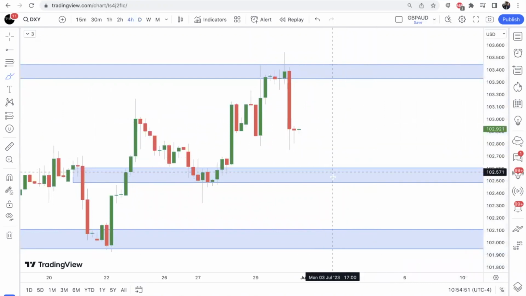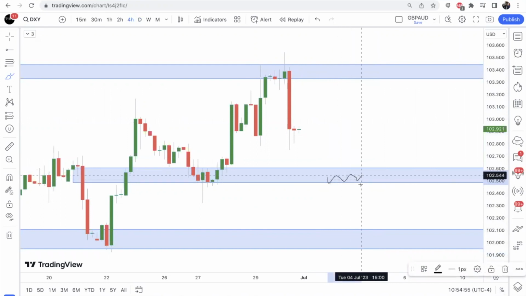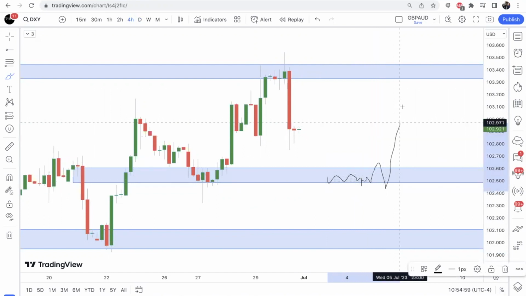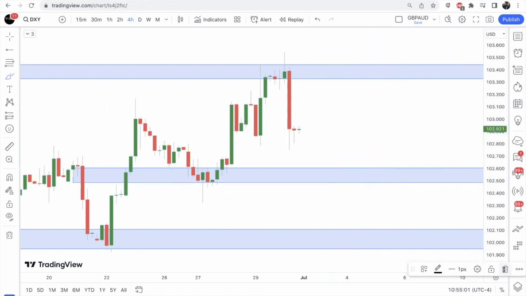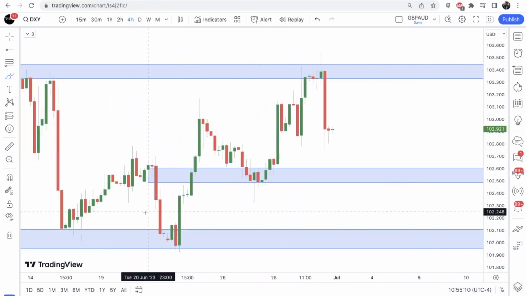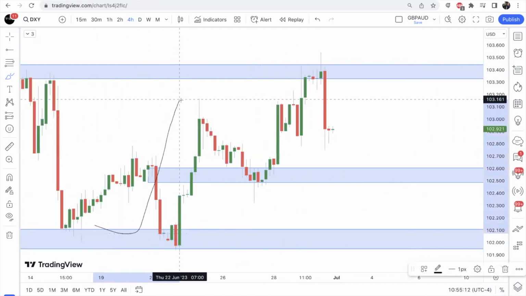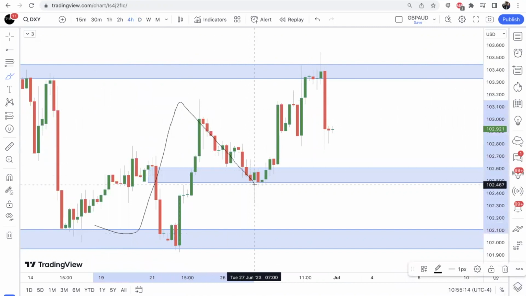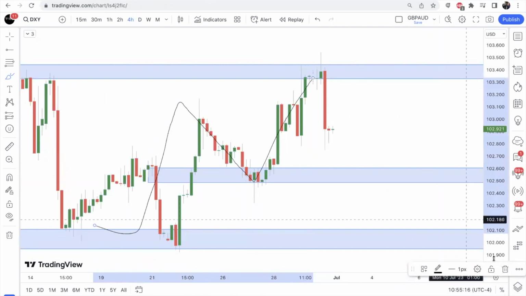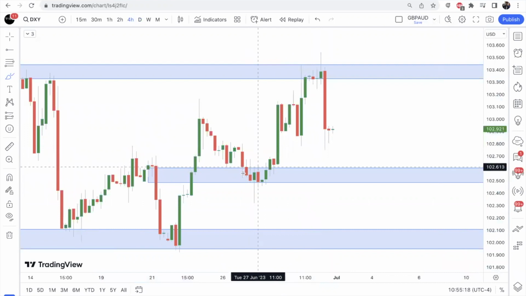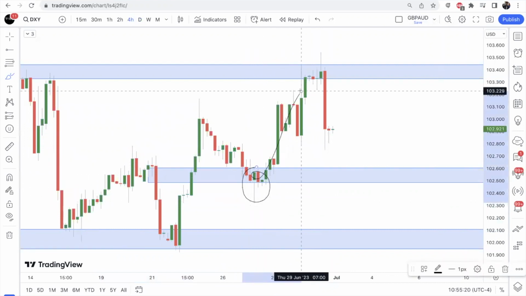So if price gives us another wave into this structure, this is a level to pay attention to, because price could either break or bounce here. Now, if it was to hold support and continue, then the dollar could pump. But if we break down this level as well, then the dollar could likely come back down towards this low. All right, because you can see here, initially when price had this double bottom, we had an impulsive break above structure, a retest, right? And then we had a continuation. All right, you saw this type of bullish hammer rejection, and then price found support.